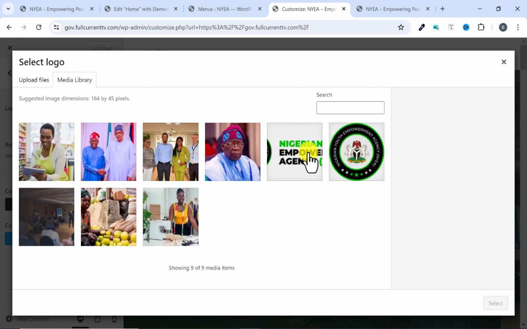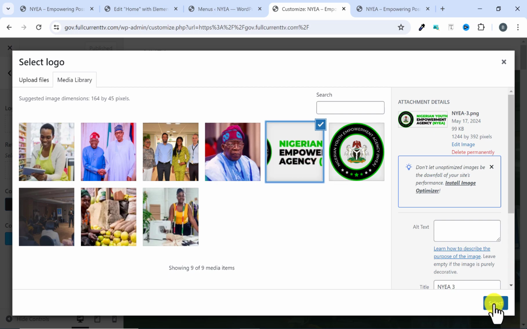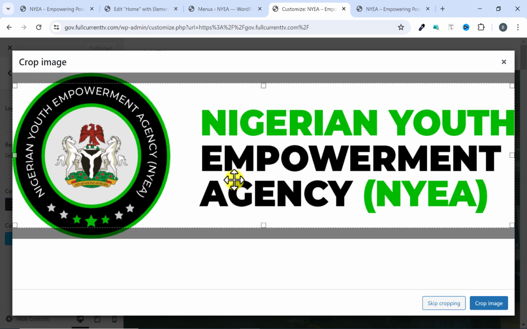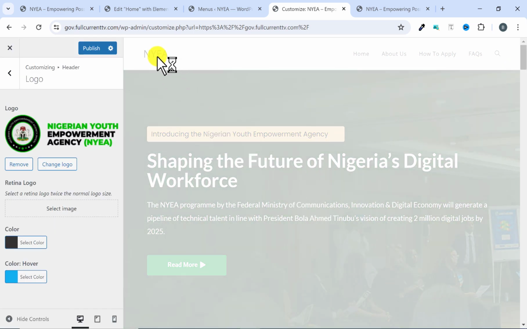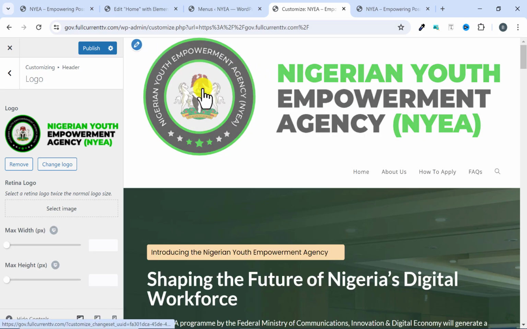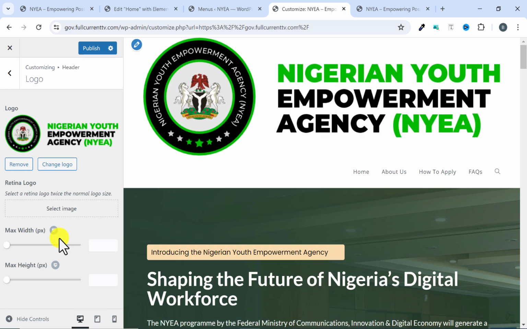My network is slow. You see this logo here. I have the logo, and I click on select, and it's asking me to crop this image. I just click on skip cropping, and watch something here. This text is going to change to my logo. So you can see the text has been changed to my logo, but this logo looks very big, so I